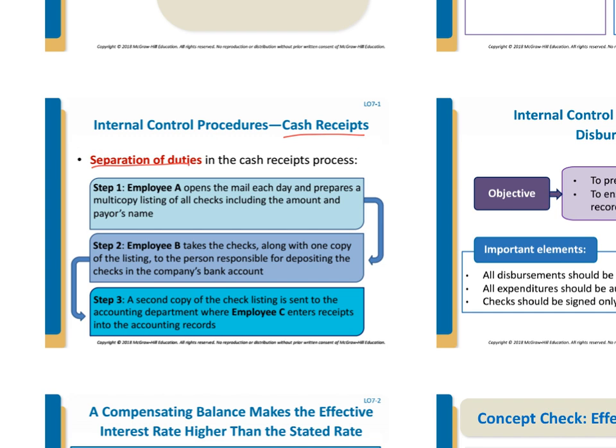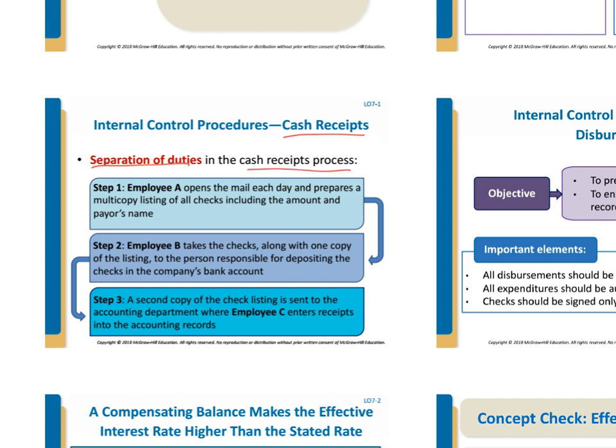Separation of duties is where we separate related responsibilities from individuals. For instance, individuals that have physical responsibility for assets like cash should not also have access to the accounting records. To do so would open up an opportunity for them to both steal cash as well as hide the fact that they stole cash. Let's look at how a separation of duties might play out in the cash receipts process.